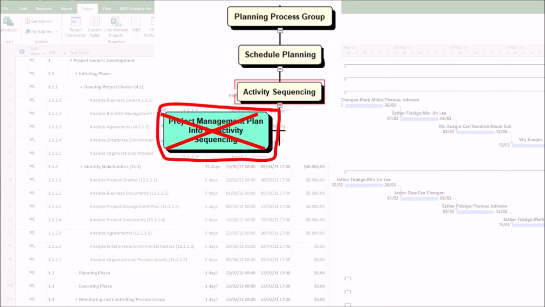How can poor project management plan analysis harm the PMBOK sequence activities process? Poor project management plan analysis can significantly harm the PMBOK sequence activities process, leading to inefficiencies, delays, and even project failure. And the reasons are: